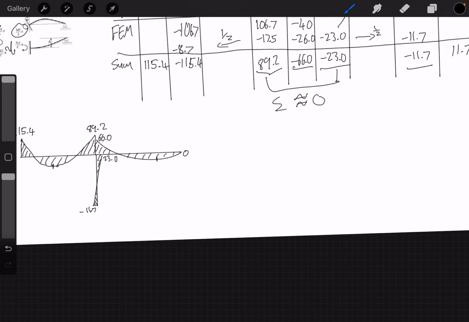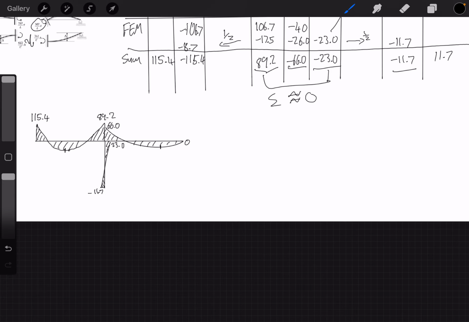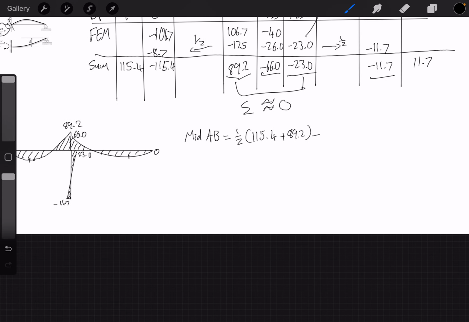Okay, now we've got to find the midpoint, as it says here. We've got to show the values and midspans of the beam. How do we find the midspan of the beam? Well, we find the difference between the two values. So mid at AB equals half of the two end moments. Okay, and then we actually look at it and we think, oh, actually there's a UDL as well. So we times it by the UDL. We negative it by the UDL. L squared over